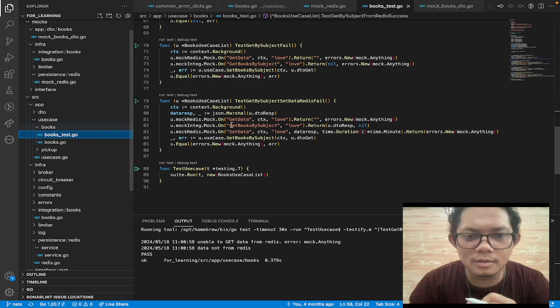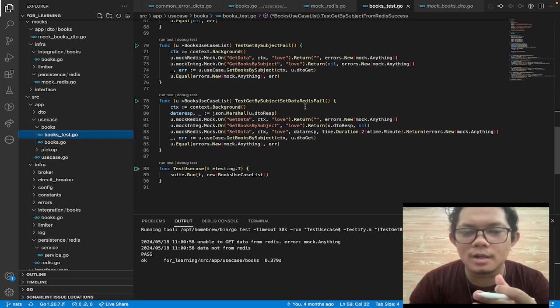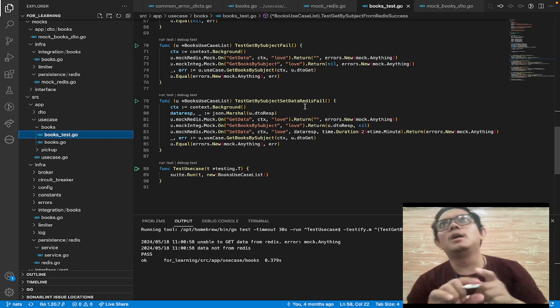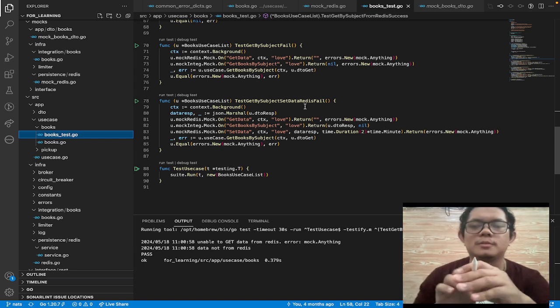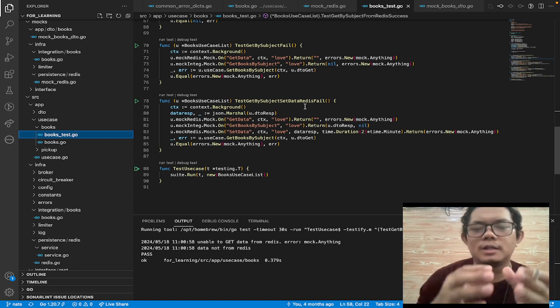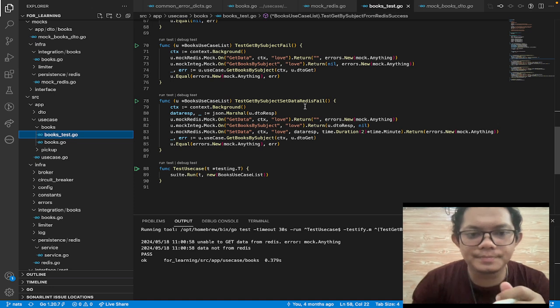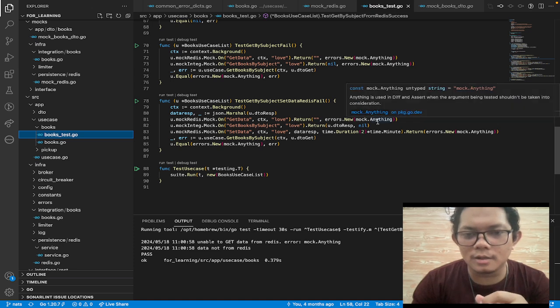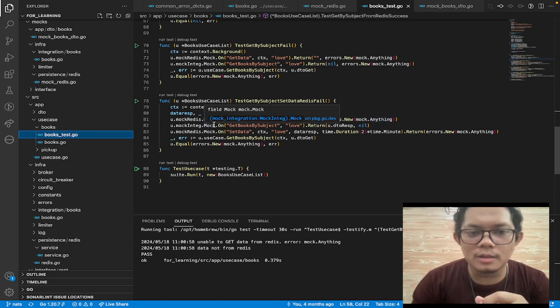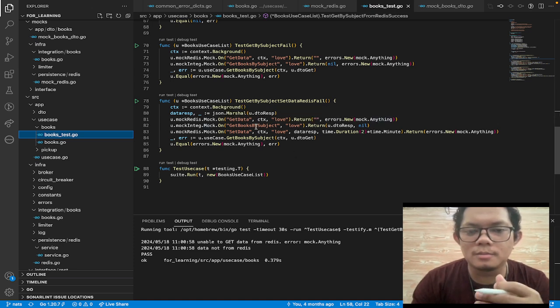After that, the last scenario is test get by subject set data Redis fail. So this is the scenario for setting the data Redis in a fail condition. So we will make it this way: get data, return error. After that, we get the data from the actual third party, but after that we set the data, and it will return an error.